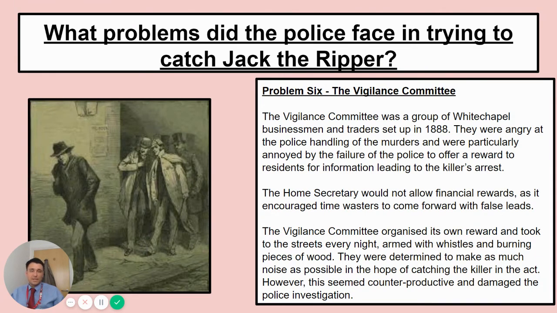And the Vigilance Committee took to the streets every night. They felt they had to protect the streets and try and catch Jack the Ripper. And so they would take it in turns to march around Whitechapel, armed with whistles, armed with burning pieces of wood. And they basically were hoping to catch the killer in the act. Now, as the police force were trying to catch Jack the Ripper in the act using silence and creeping up on him, this completely undermines this. The actions of the Vigilance Committee would have scared Jack the Ripper away, and so the police never really stood a chance of catching him with the Vigilance Committee around. It damaged the investigation. I'll pause it there so you can finish the last problem,